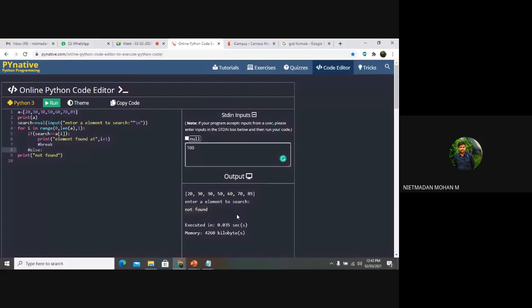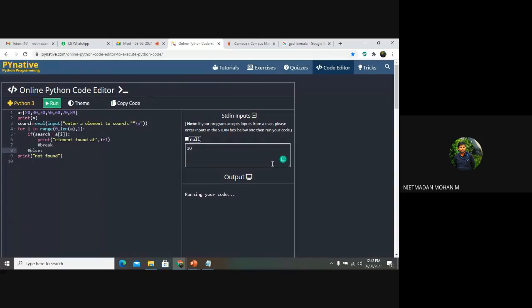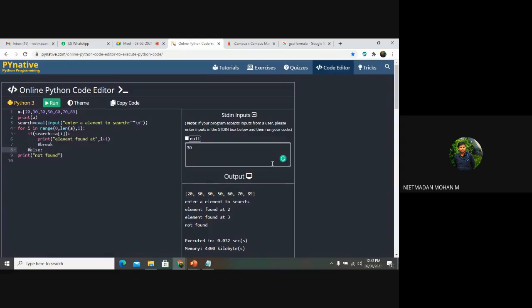The thing is very simple. By how you are expecting the output, by the expectation of that output you change your lines of code. Suppose I am giving here 30, then the not found line will not come over there. It will print that the element is found at the value 2 and the element found at the value 3.